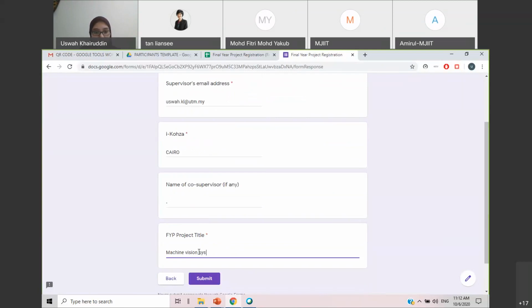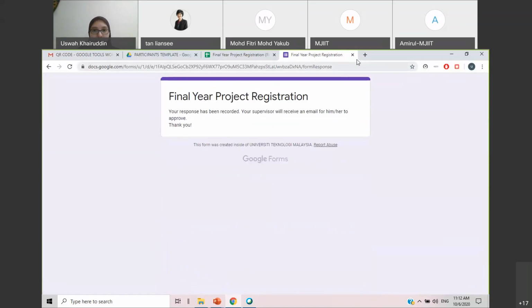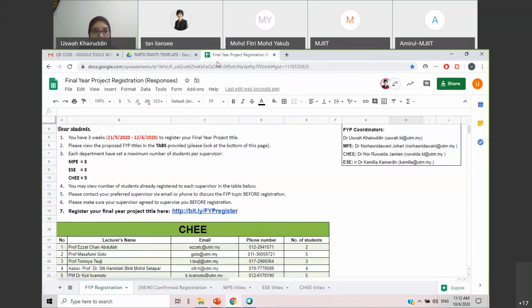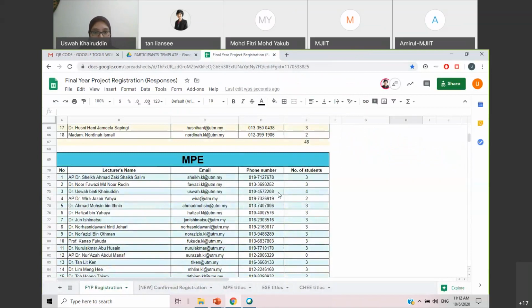Okay. Right, so when I submit this form, what happened is that the number of students for me, so before this I have 3 students, now it has increased to 4. And if I look in my email,